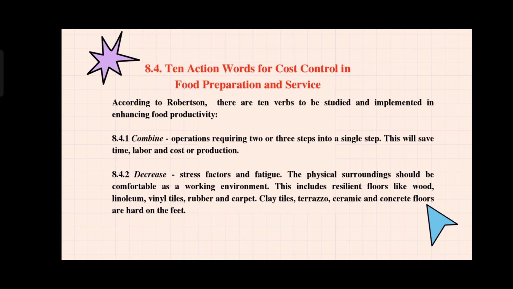So clay tiles, terrazzo, ceramic, and concrete floors are hard on the feet. So to prevent accidents while working, such as slippery, wet or slimy floors, rounded edges of tables are better than sharp corners. So everyone should be familiar with the proper selection,